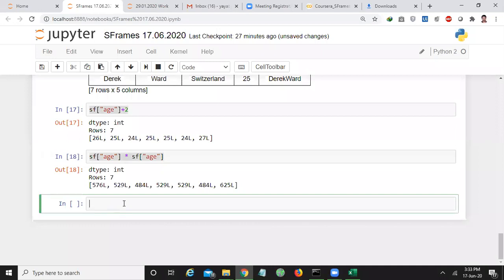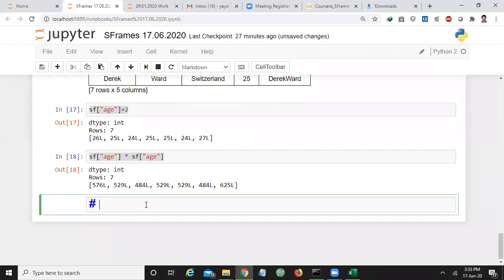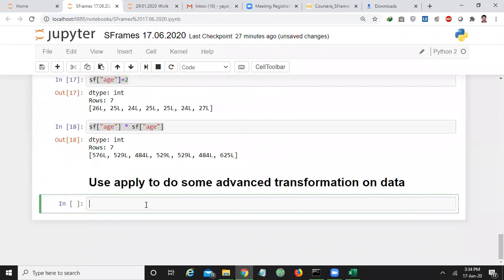And one more, let us apply some advanced transformations. Use apply to do some advanced transformation on data. For that, I want to display the countries one more time.